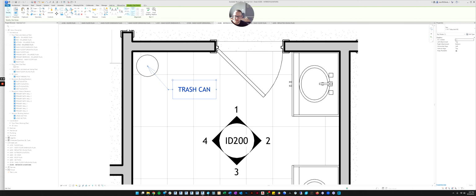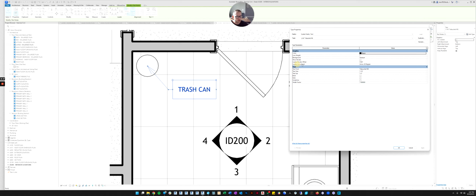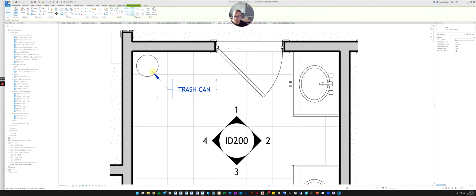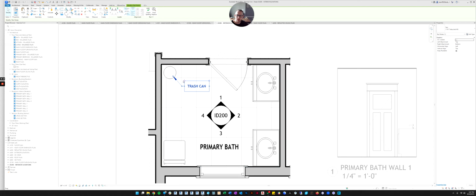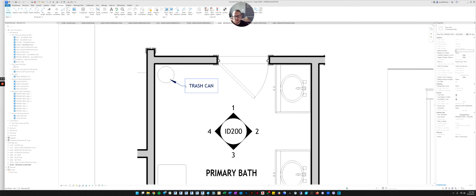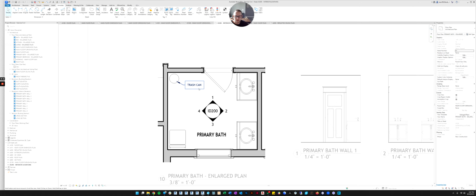So if you click on the text again and go to edit type, one of the things you can change is the arrowhead. I like them to be really thin arrowheads that are filled in. So I'm going to choose a 15-degree arrowhead filled in and click OK. And that's how it looks now. So you can experiment however you want. Your text can look however you like it to look. You can change the font, the size, the arrowhead, anything you want. But that's how you would do a call out.